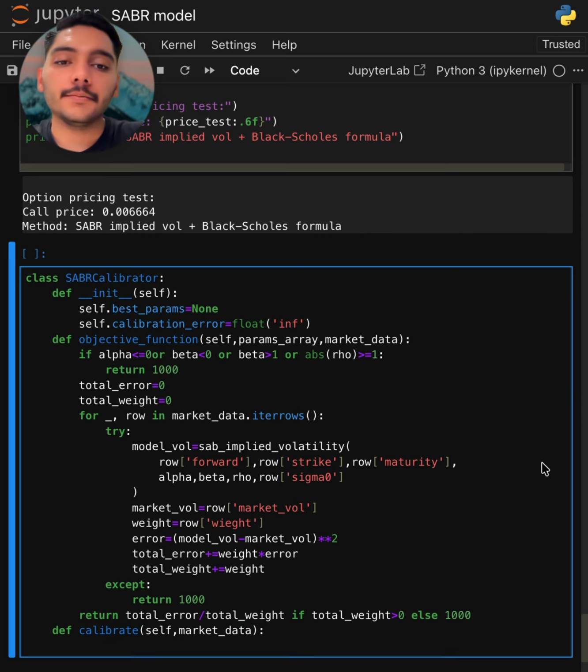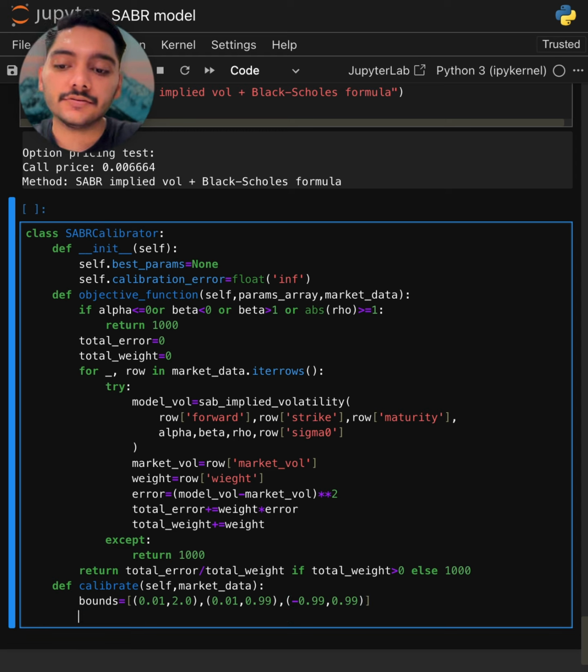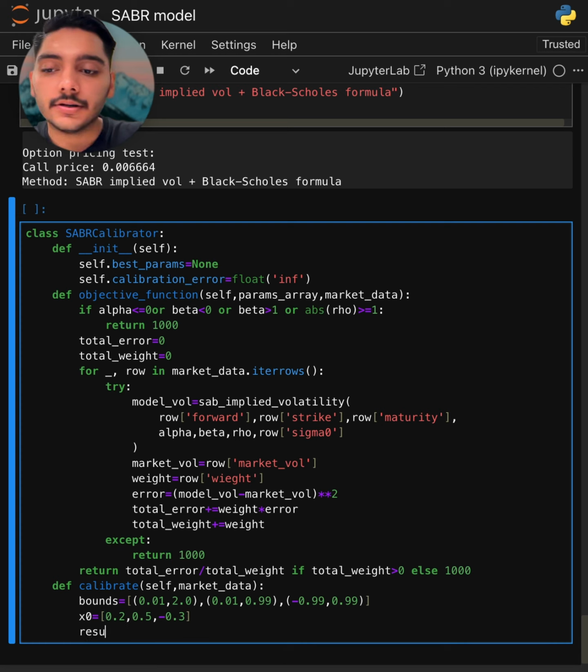We run optimization to find the best parameters, so the bounds will be set something like this: 0.01 to 2.0, 0.01 to 0.99, and minus 0.99 to 0.99, and the initial guess, let's say the initial guess x naught is equal to 0.2, 0.5 and minus 0.3. So the result will be equal to minimize